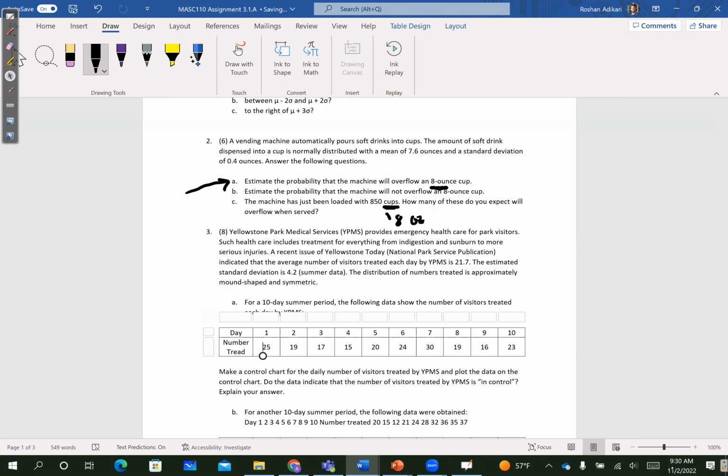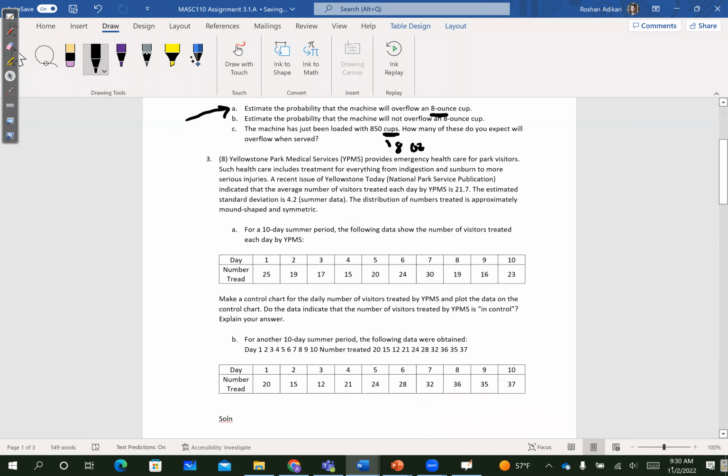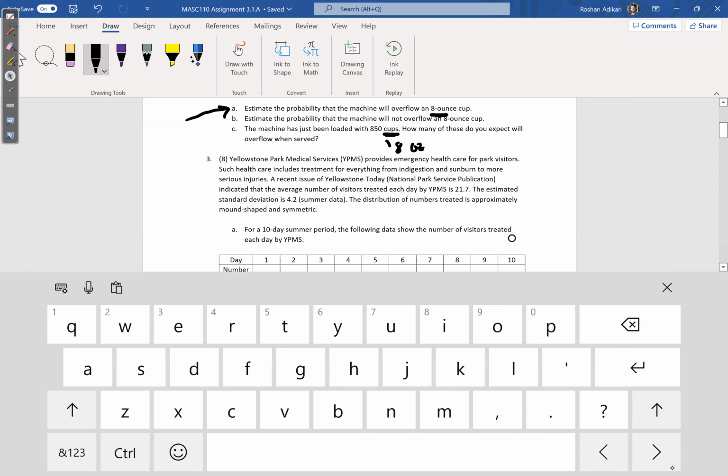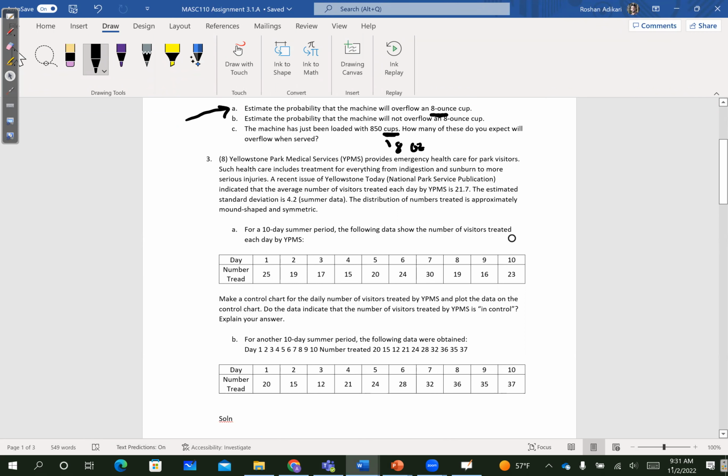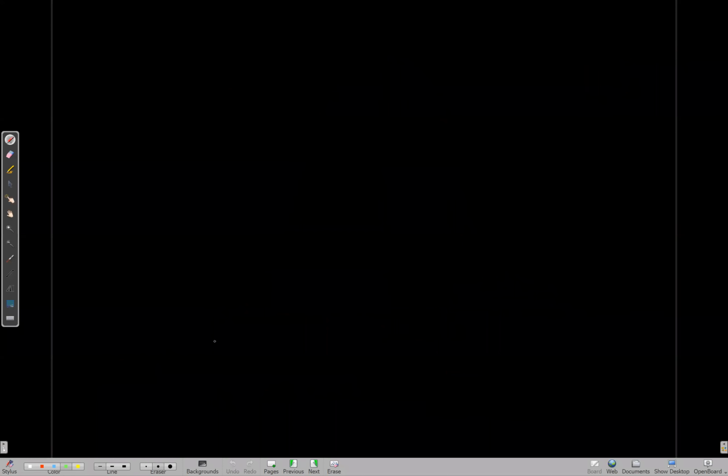Now let's see, what is this? Okay, these are about those control charts. But this is not that hard. Now let's say day number 1. Again, read the question first, guys. Okay, now it looks clear. So we have 10 days. So what you need to do, these control charts. Okay, you have to create